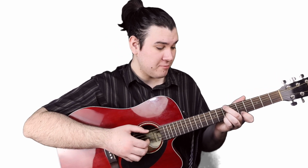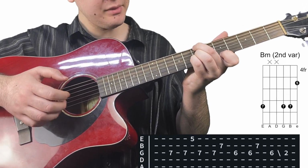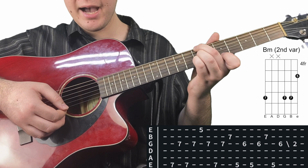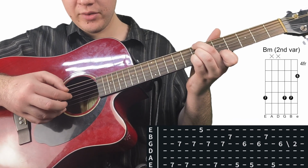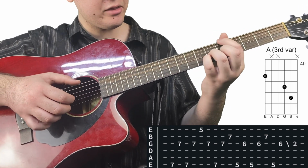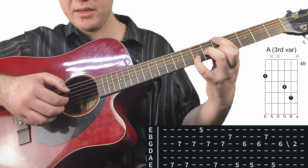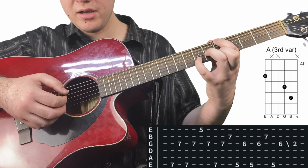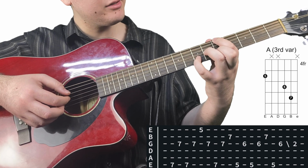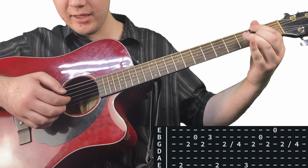We're going to start on the B minor with the little extension. Should sound like this. And we're going to do a E, G, high E, low E, G, E, G, B, then switch to the A third inversion, which is just going to be this little pinky down on the 7th of the B, and we're going to play E, G, B, E, G, and then after hitting the G for the last time, we're going to slide down to the 2, then we're going to play the F sharp, and we're just going to go E, G,